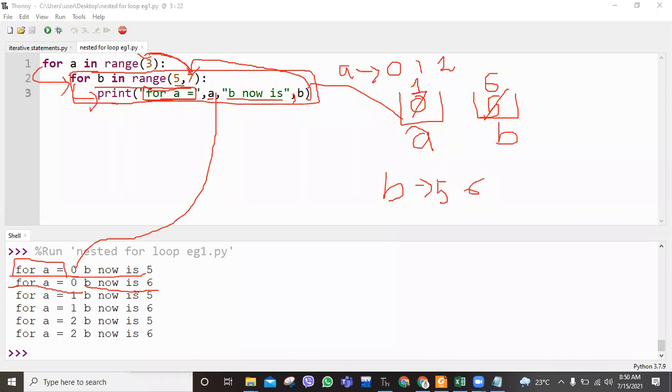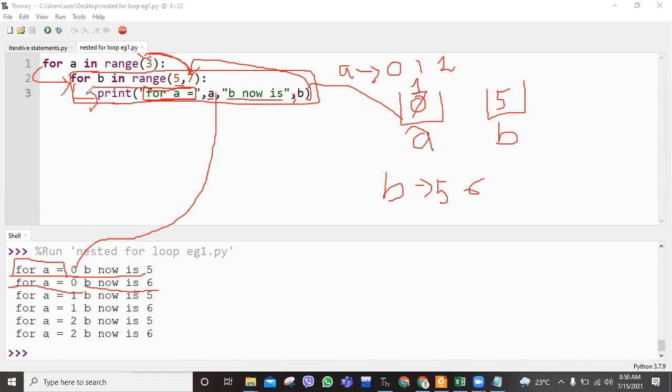That means your inner loop will get reset. Reset means again the value of b will be assigned as 5. That you have to understand.